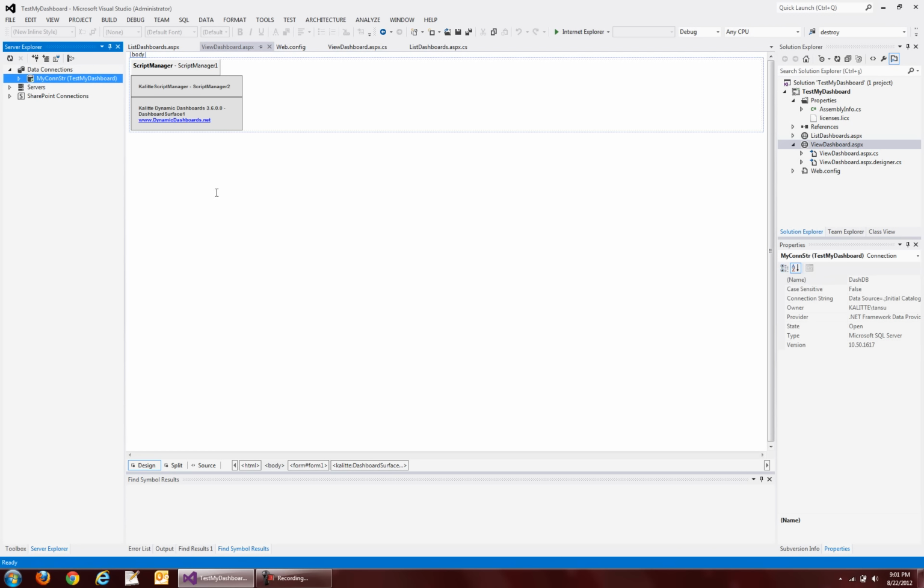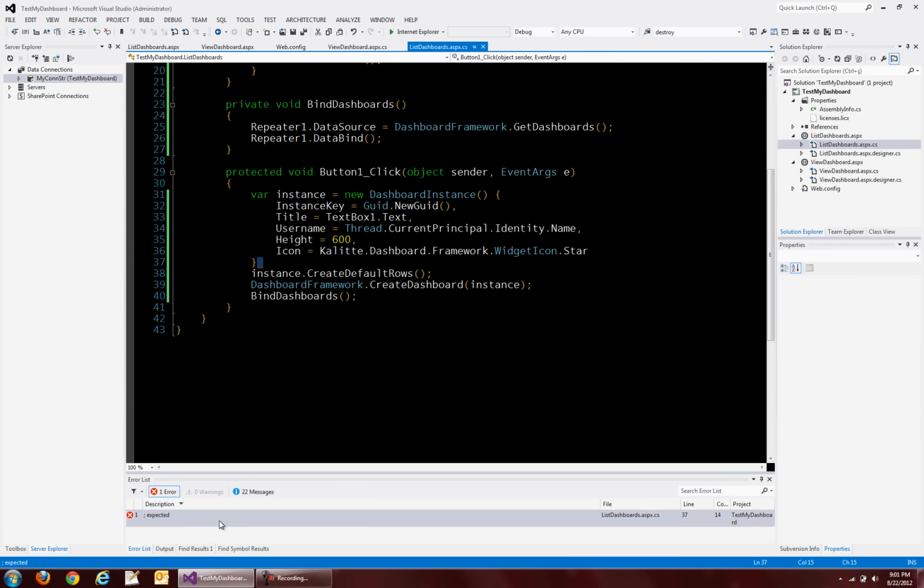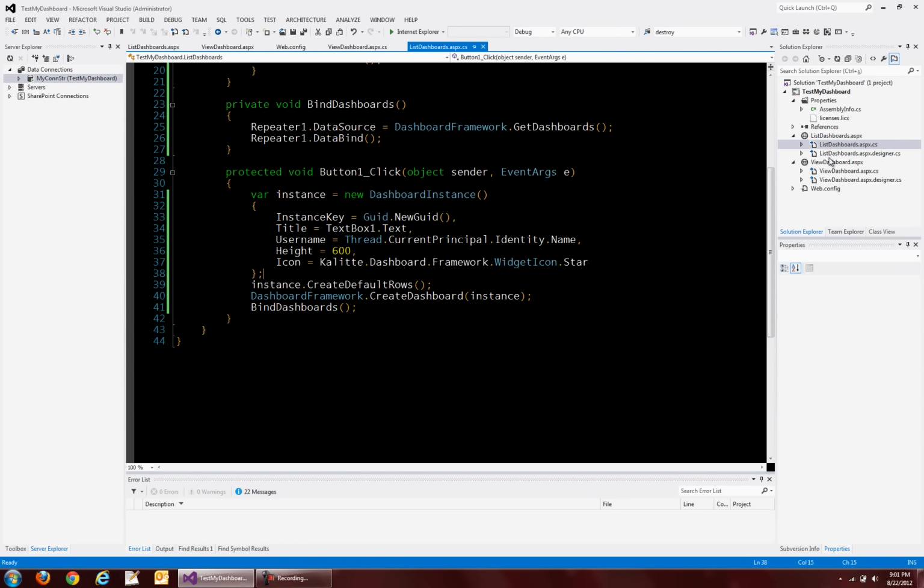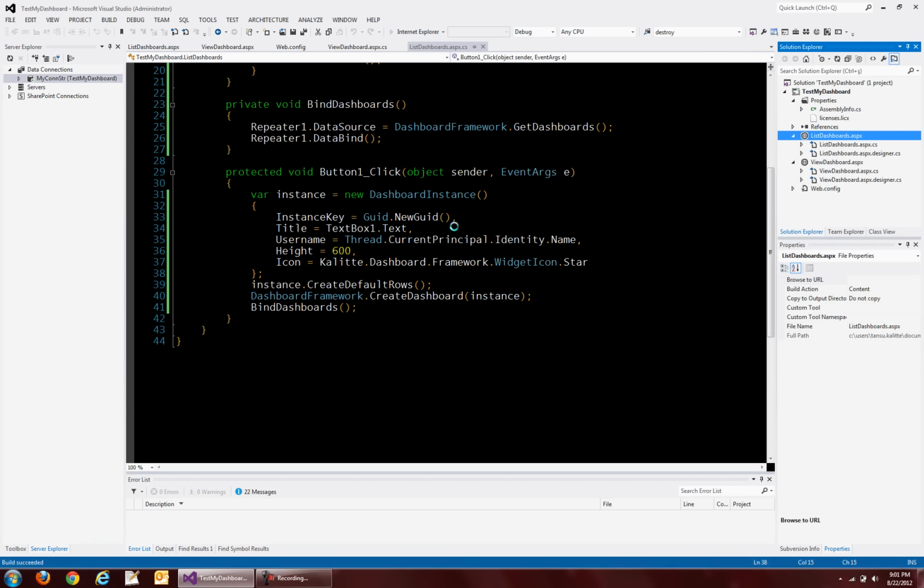And here are the tables. It's time to have a test run. Okay. We can create a dashboard titled first dashboard. Okay. And a second dashboard. Okay. Just click here, view dashboard as APX,